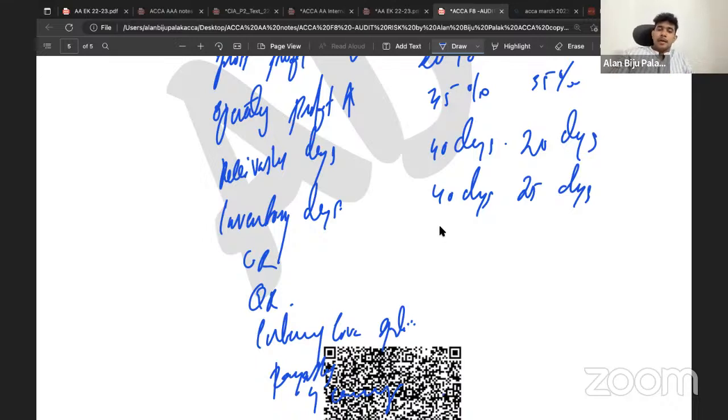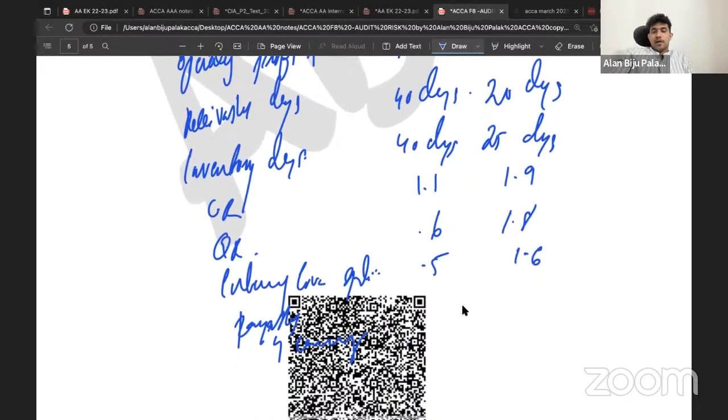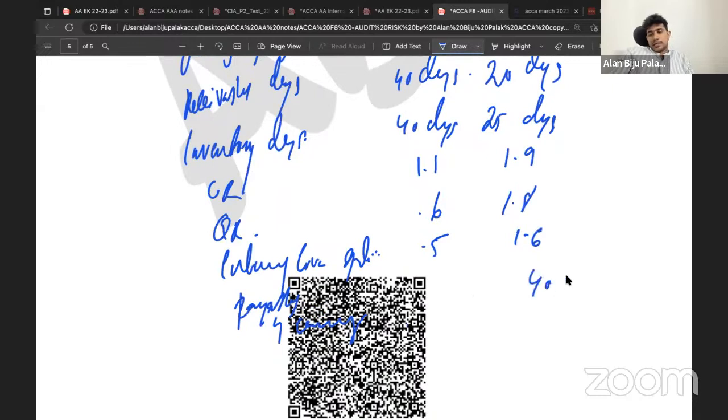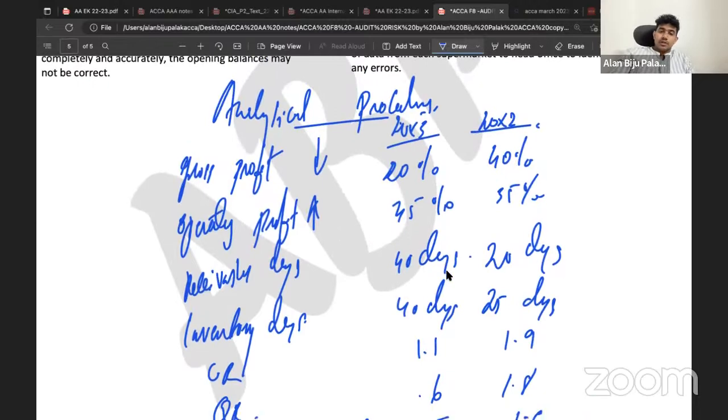Now what you need to do: the company's current ratio decreased from 1.9 to 1.19. Quick ratio was 1.8 in the previous year, now it becomes 0.6. Interest cover ratio was 1.6 in the previous year, now it becomes 0.5. Payables days was 40 days and now it becomes 75 days. So what you need to do is pick all the